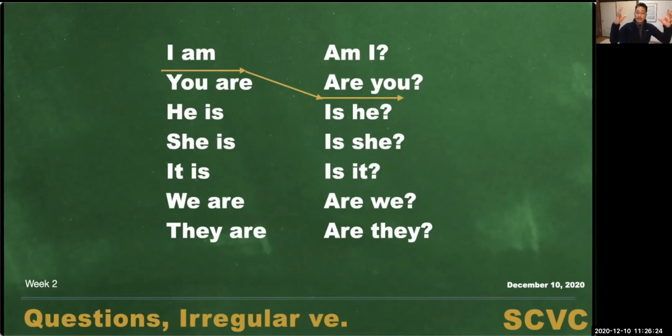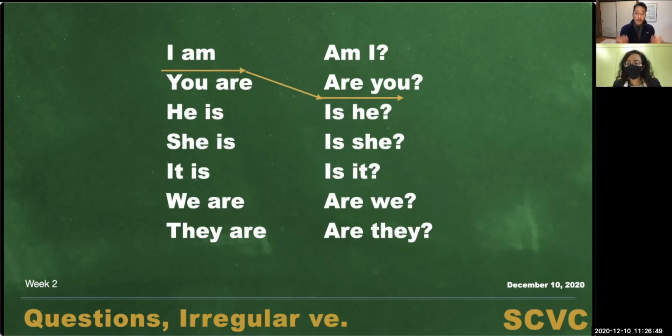But the hard part of the pattern is moving from the statement to the question. Let me explain. The key is to follow that yellow line. When I say ready, go, if you're all in breakout rooms or in the auditorium, start pairing up with each other if you can. You will begin from the same place. I am. It's the first place where everybody begins. But this time, one person or one group's